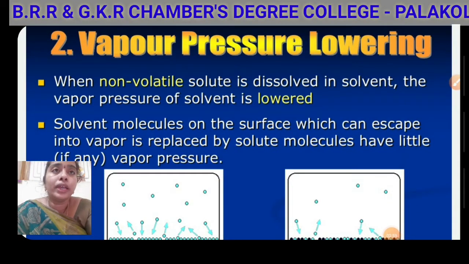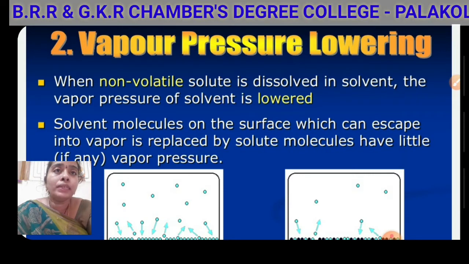So how do you define a colligative property? We say that properties that depend on the number of solute particles, and not on their nature or chemical properties, are colligative. They depend on the number of solute particles relative to the total number of particles present in the solution, which means they depend only on the concentration of that particular solute in the solution.